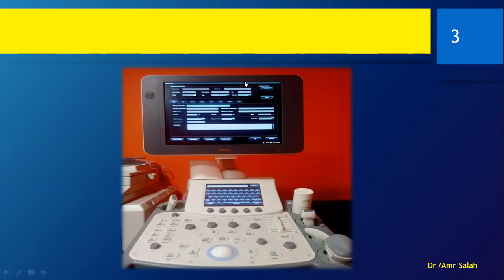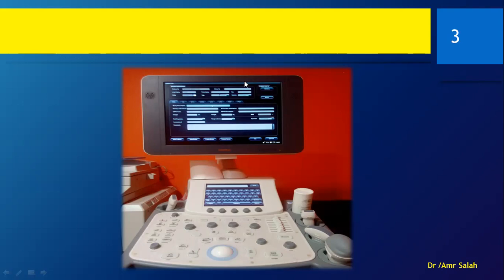Should you find something different or some function you cannot find, then you can ask a more senior member in your team or Google it with the name of your machine, the manufacturer manuals or anything, or you might ask the maintenance team, the engineer responsible to show you where everything is.